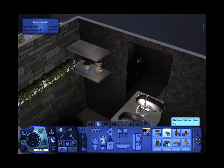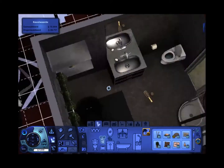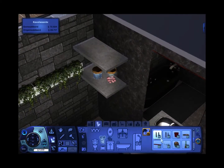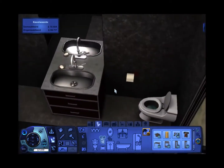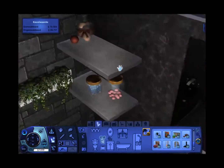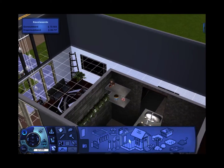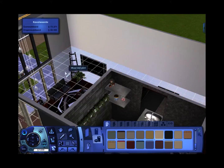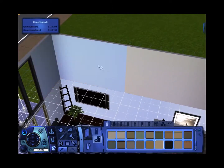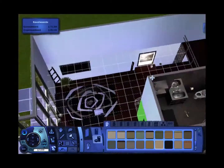Apparently I should have called it just the shelf house and not Harrison. But yeah, shelf house probably. And I of course put the bath bomb in, because that would make sense. What are we doing now? Oh, we're doing the upstairs bit,